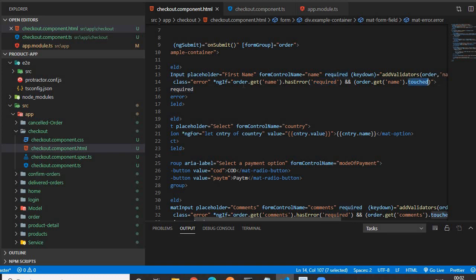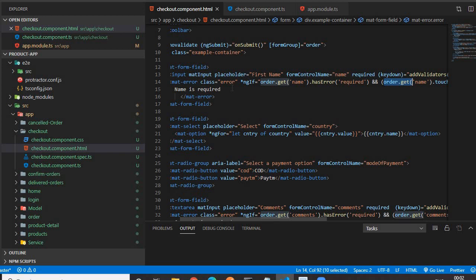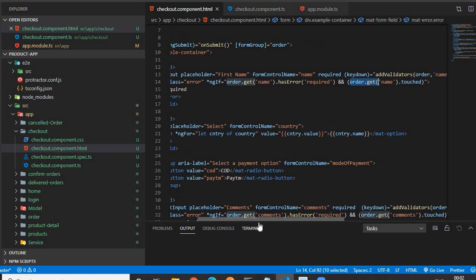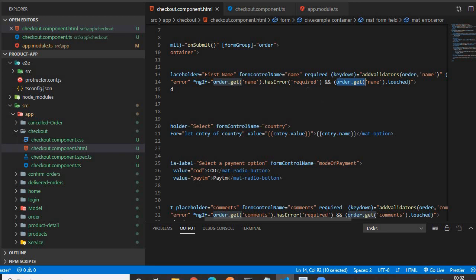It means when these two conditions, this required condition and this touched condition, are satisfied, and condition means if both are true, then *ngIf is true, and then we are getting the error message name is required. And it's a required validation, that's why we have used hasError required. And what is the use of touched? We will come to that in a bit.